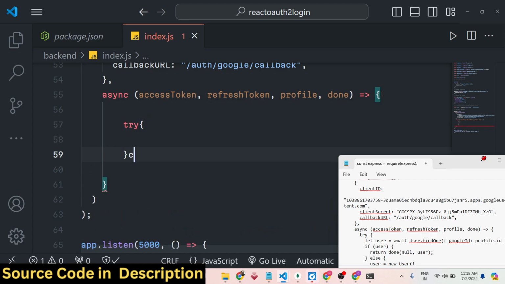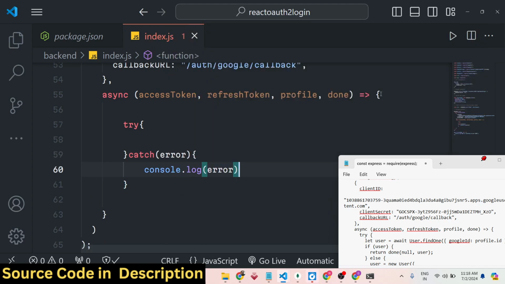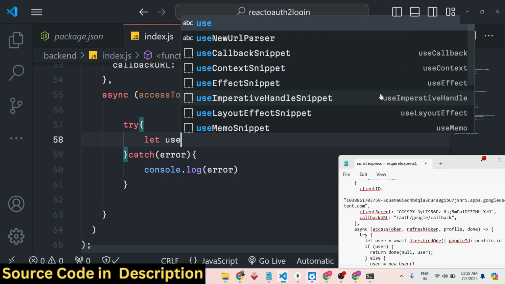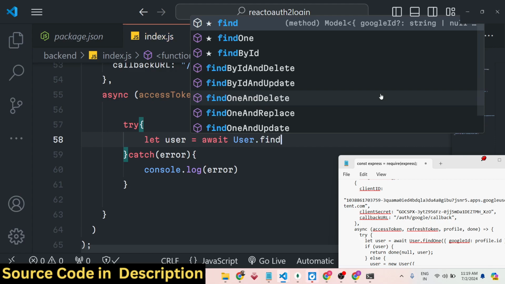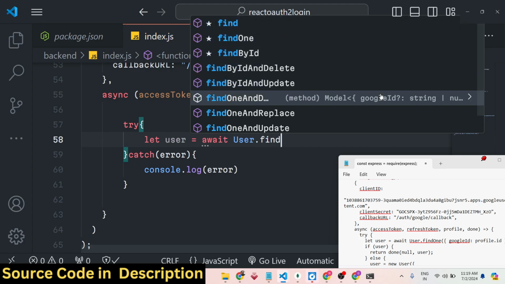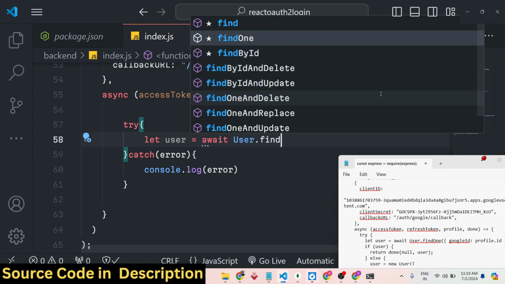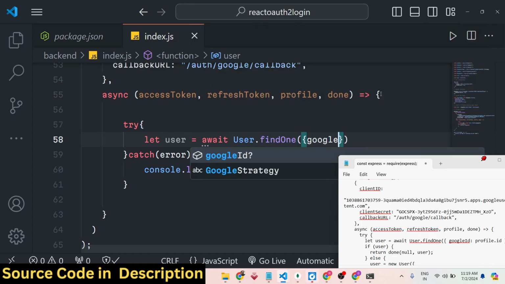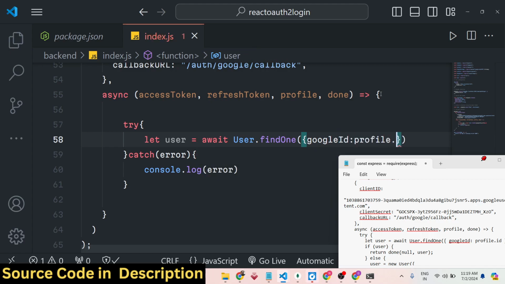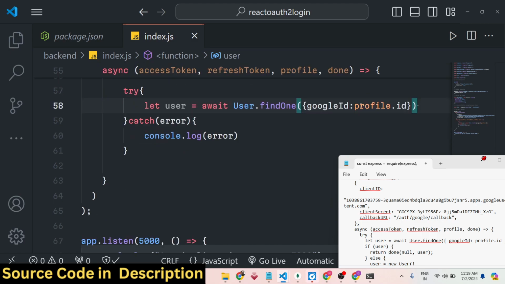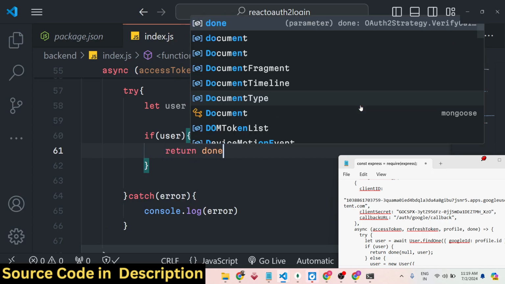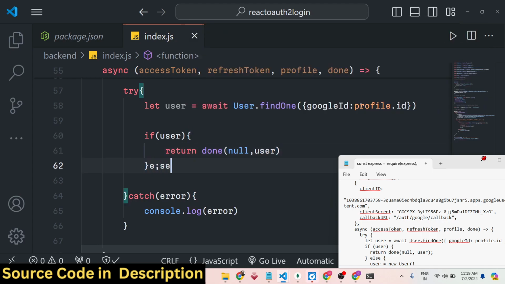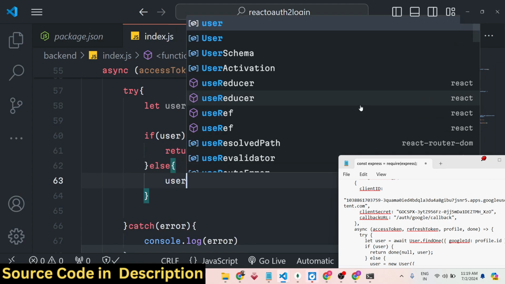Just format this. So right here in this function, in the try catch block, we will basically get the user with await User, and it contains all these methods. You can find by ID, find by all this. We will find the user by its Google ID. So googleId is equal to profile.id. So here we will simply compare that if the user is found, then we just need to return that user, null, user. If the user is not there, in that case we will say user is equal to new